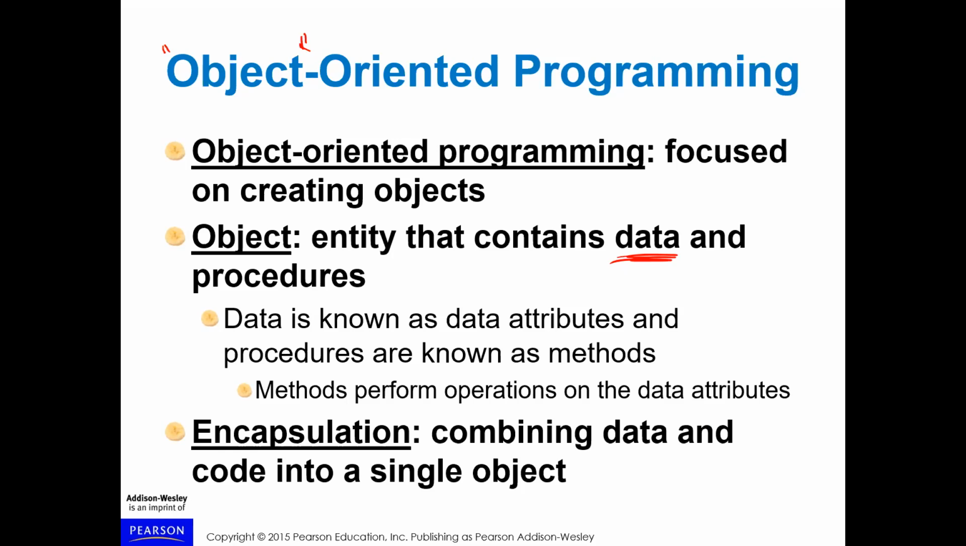So basically the entity that contains data and procedures. The data is known as data attributes, and procedures are known as methods, right? So they're functions basically. And methods perform operations on the data attributes. And then basically this takes us to when we talk about object-oriented programming, we have to think of another concept